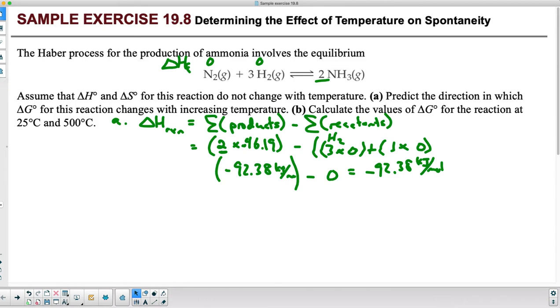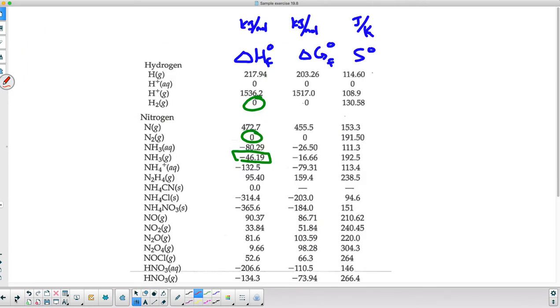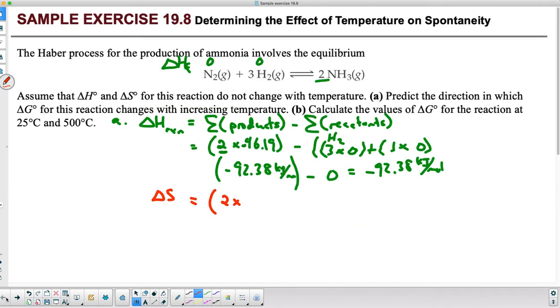I'm going to do the same thing, but for delta S, exactly the same thing. The only thing I'm going to change is the numbers that I'm going to use. So for the products here, I'm going to do 2 times, and then I go back here. I'm going to do this in red so you can see the difference. 2 times for NH3. NH3 for delta S is all the way over on this side, 192.5. So I go 2 times